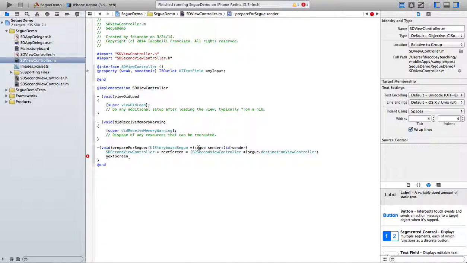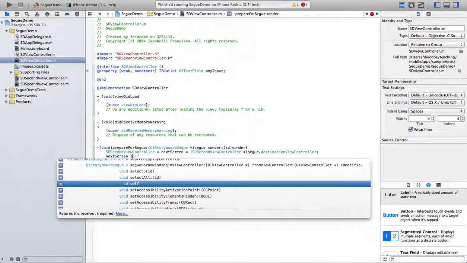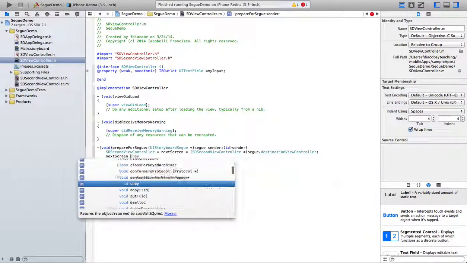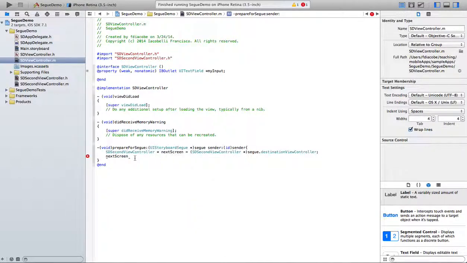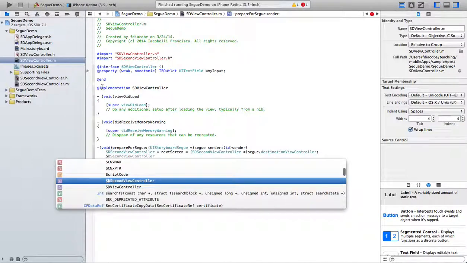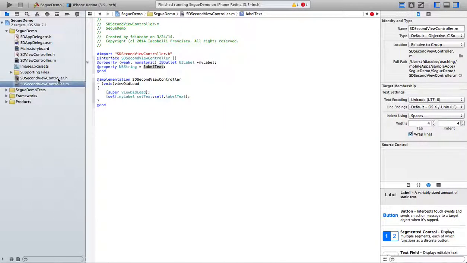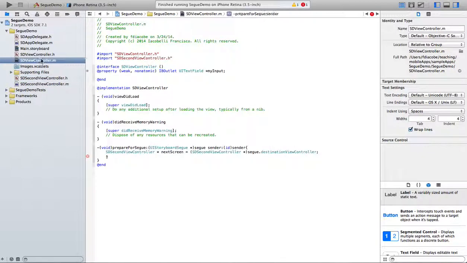Next screen set, why am I not seeing this? So then it's the second view controller. Oh, this is not saved. That's probably why. Okay, save it. Save it. All right. So next screen